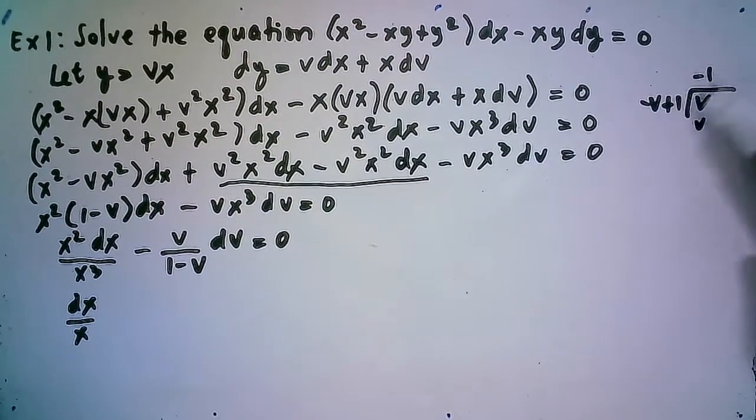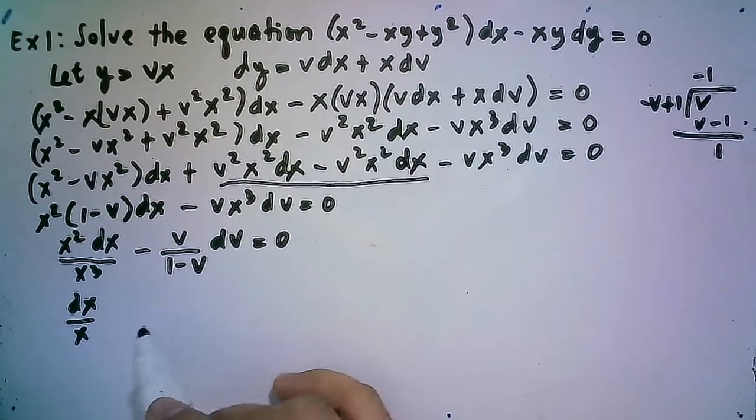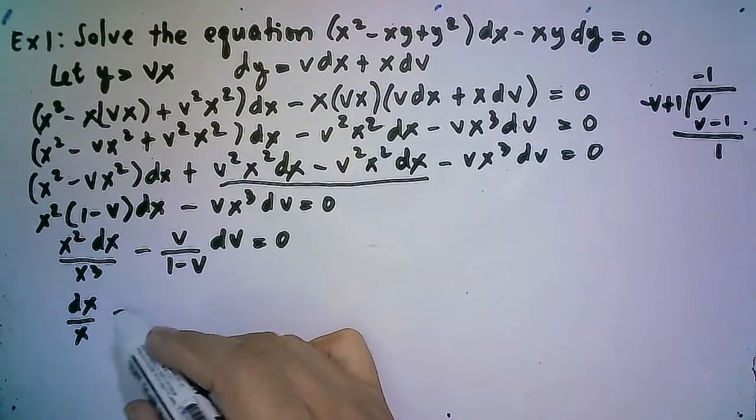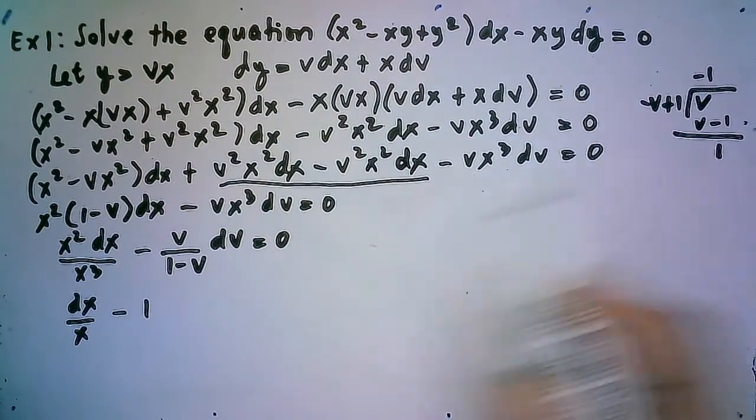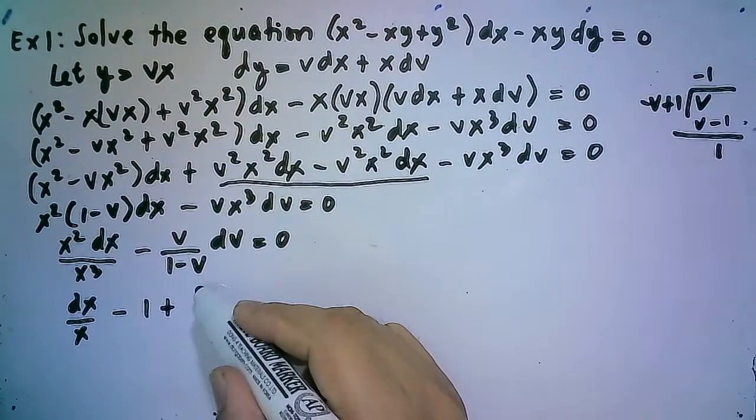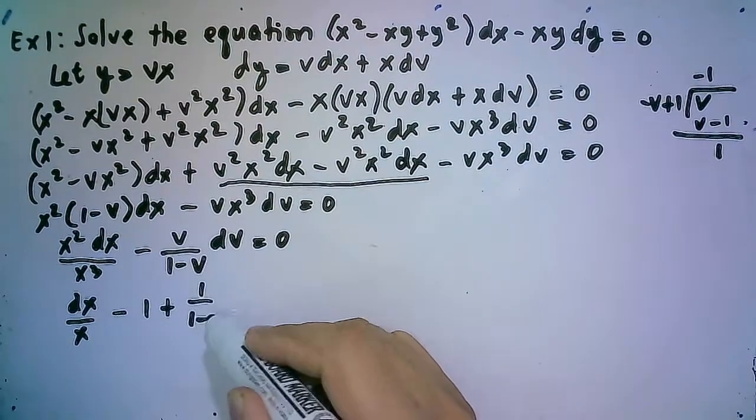Negative 1 times 1 equals negative 1. When we subtract this one, you have here a remainder of positive 1. Therefore, we have to write minus 1 plus 1 over 1 minus v